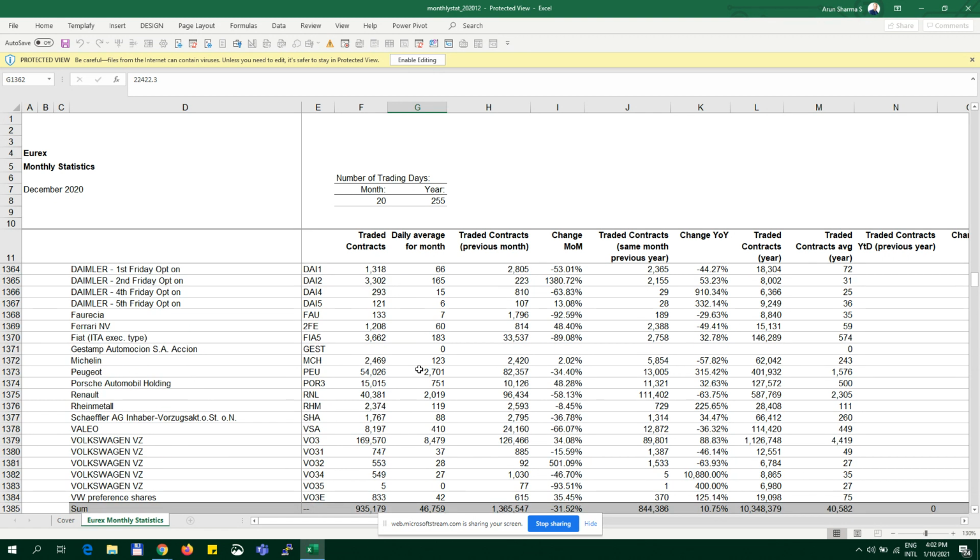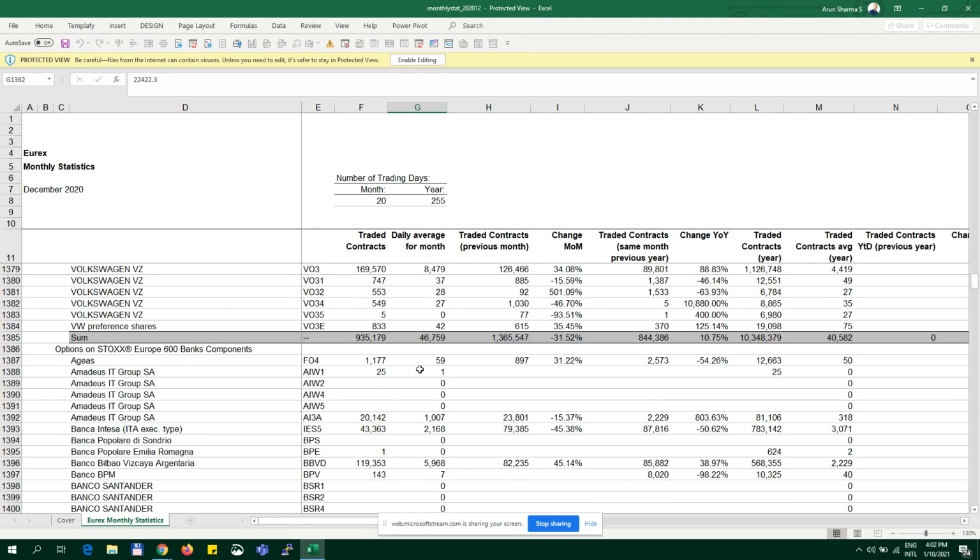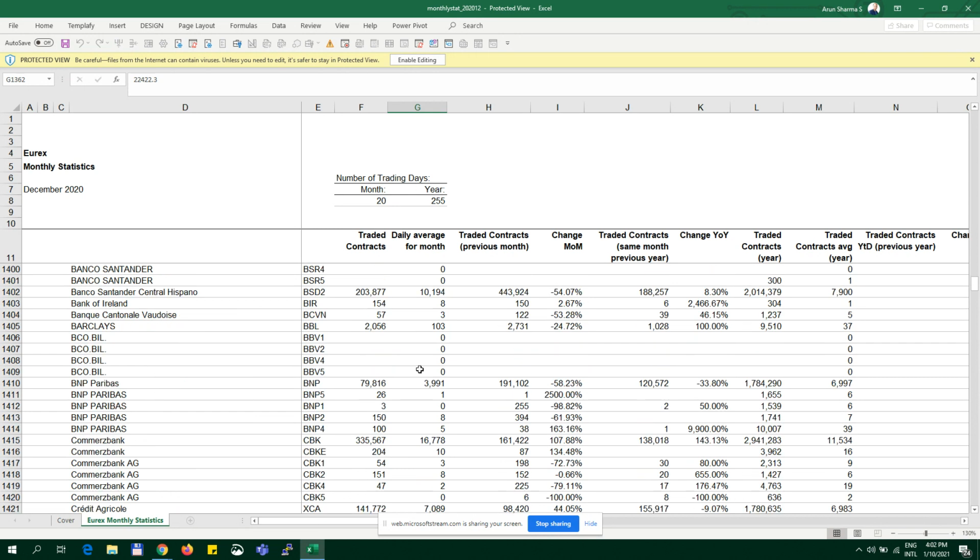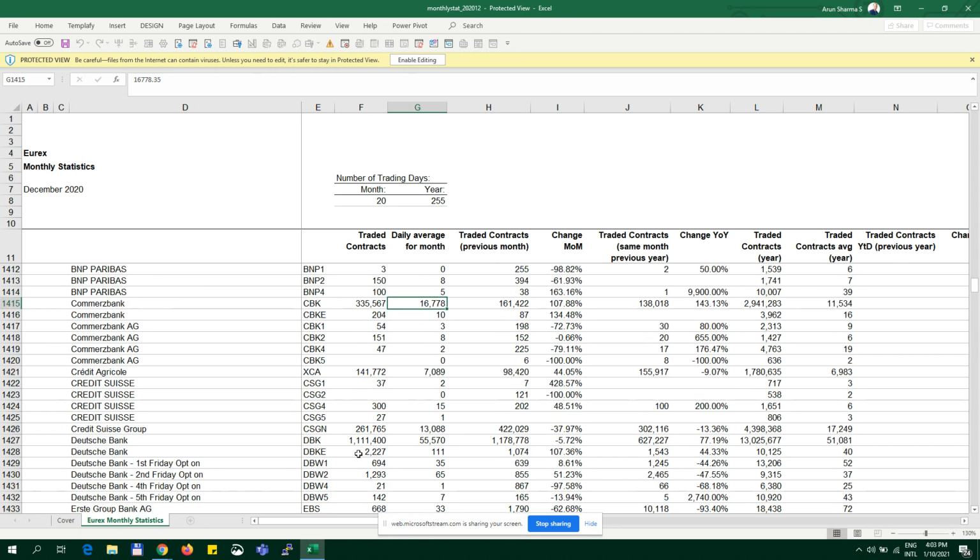if you go down, you will see Deutsche Bank is one of the highly traded ones, plus Daimler, plus Commerzbank. Even there, the volume is way less than what you see in US options. It's like 16,000 contracts traded on a daily basis, nothing else. And Deutsche Bank here is in the range of 55,000 on a daily basis. And this is also a share which is in the range of 8 to 9 euros currently.